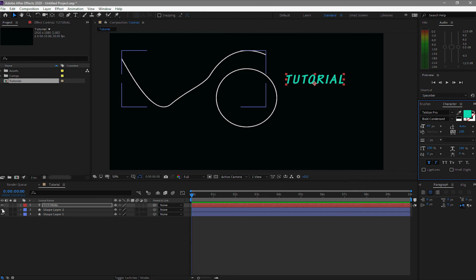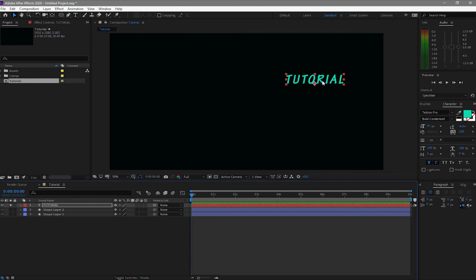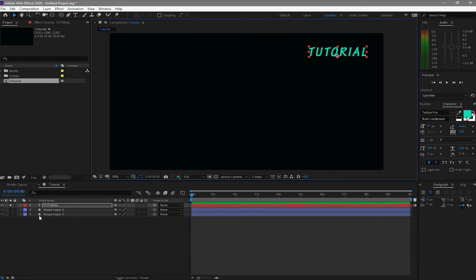Maybe you can hide these two shapes or just make them visible again, or click this solo icon here, just click it as a solo one and then put it maybe here,